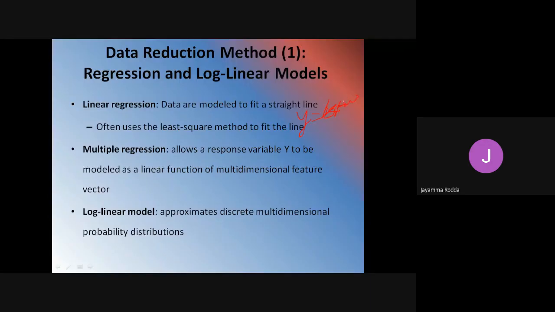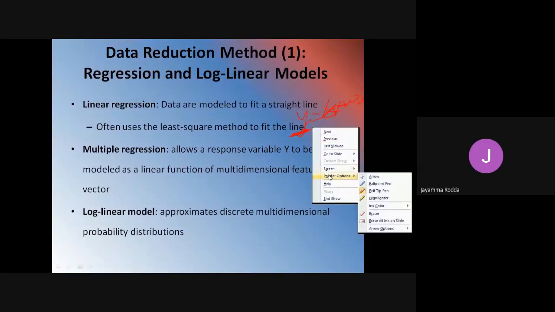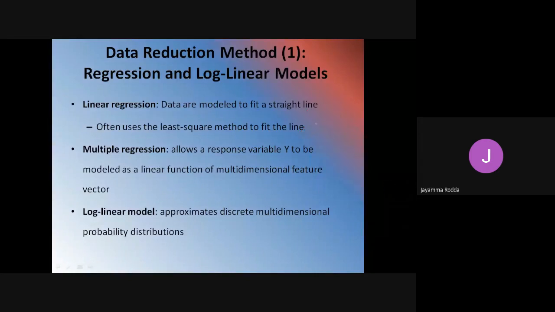X is nothing but the number of miles the car is driven. So based on the number of miles the car is driven, you are going to decide whether you can buy the car or not. This is the best example. So this will decide the price of the car. This is how the dependency between two variables works. The relationship between two variables can be represented in a plot.